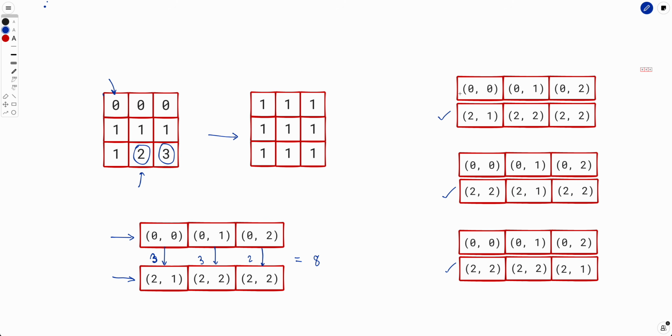So I will say, okay, this cell will receive the stone from this cell, this cell will receive the stone from this, and this cell will receive the stone from this. And I will try another configuration in which 0 comma 0 is receiving the stone from the cell 2 comma 2, 0 comma 1 is receiving the stone from cell 2 comma 1, and so on and so forth. So I will try every possible configuration, and whichever gives me the minimum number of moves,